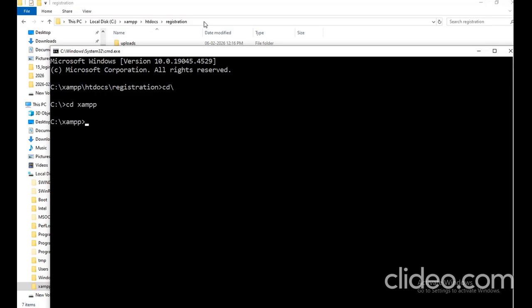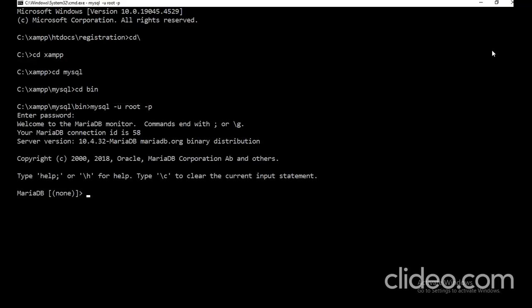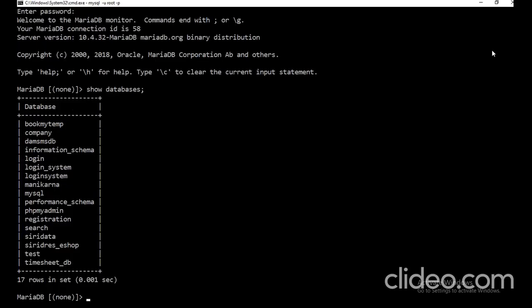CD XAMPP, CD MySQL, CD BIN. Okay. Now mysql -u root -p, password, enter. Okay, database connected. Show databases. Okay. And now to create a database, create a database,